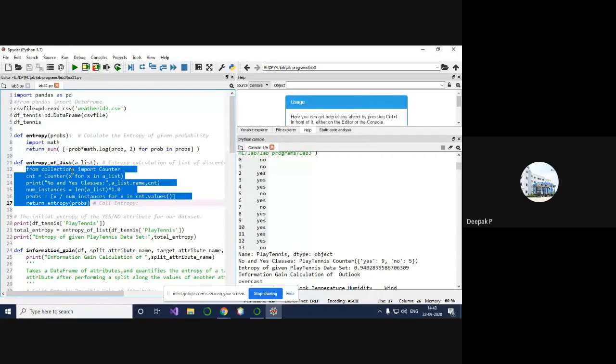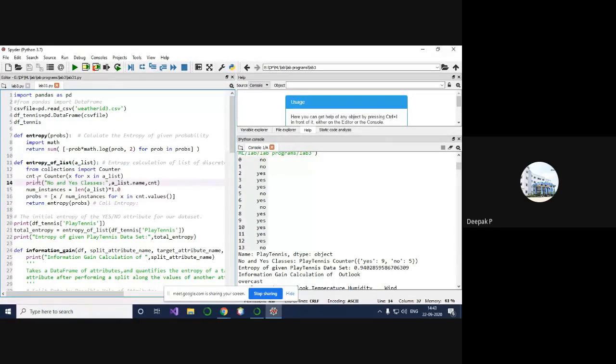Yes. So here this counter will be taken to answer. For predicting the No and Yes classes, I am considering the count part. So to do that counting part, I need to read that data, right? So what I have done, I have imported the Counter function from the collections module. Okay. So once I get that data, I'm going to take the list which you have already generated, and make